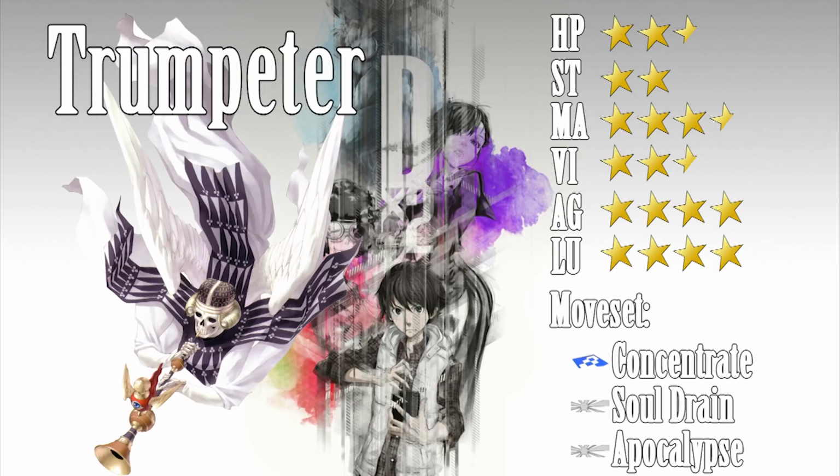Trumpeter is a gacha exclusive demon who is a very annoying demon to fight against in PvP. Trumpeter has a skill called Apocalypse, which does almighty damage to all foes and with a 30% chance of inflicting mute. When mute is inflicted, those demons cannot use skills. Therefore, if you inflict mute on the enemy team's healer or magic nuke, you have completely shut down that demon